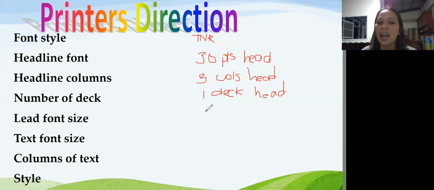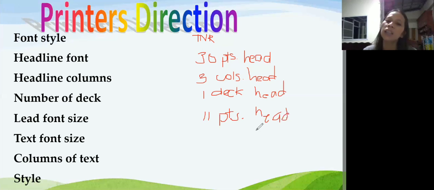ka na lang sa 11 points head. So dapat 11 points ang laki ng iyong lead paragraph. And then the body text, bawasan mo lang ng isa yung lead paragraph. Mas malaki dapat ang lead paragraph sa body text. So 10 points head.